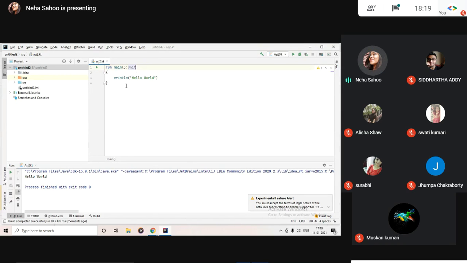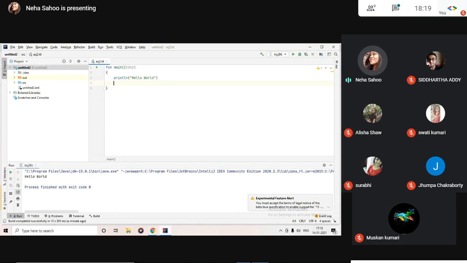Other than that, let's talk about how to declare variables in Kotlin. In Kotlin, we have variables and we have values. It's similar to how we have variables and constants in other programming languages.